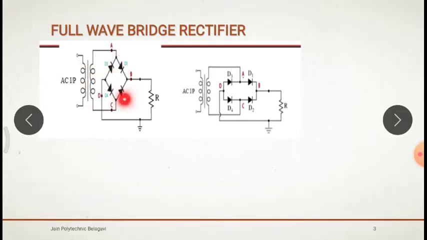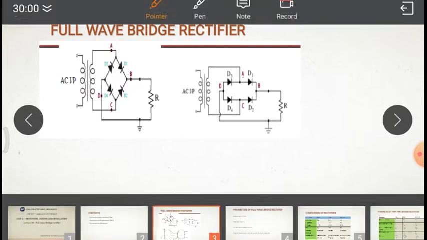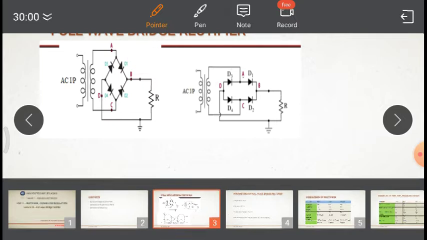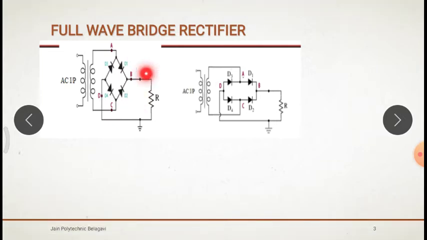See, it consists of the 4 diodes. You have to remember the connection of this bridge rectifier. How can you remember the connection? See, this end should become the anode and this end should become the cathode, that is D1, D2, D3, D4. Here, for D3 and D4, this end should be the anode, that is positive. For D1 and D2, this end should be negative, that is the cathode. This will become A, B, C, and this is end D.